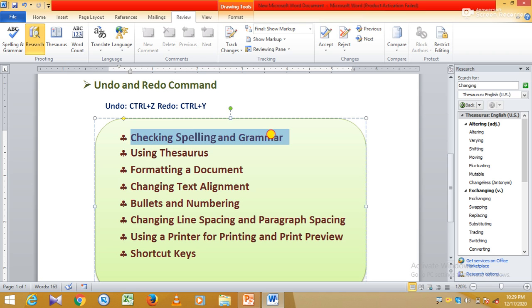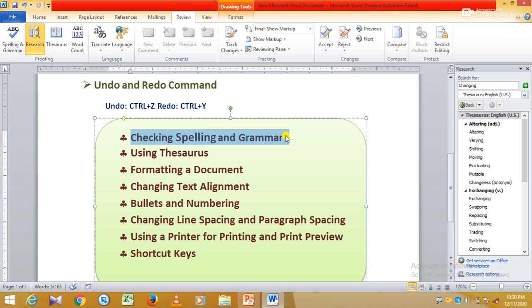Like I am selecting this text. Okay, first of all select the text.